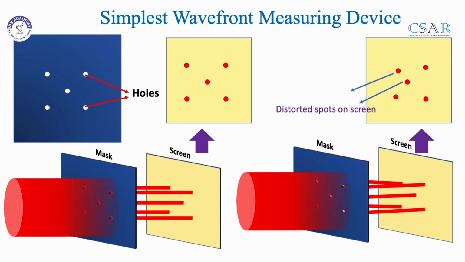And if the wavefront is distorted, the spots on the screen will be distorted relative to the mask. So by this technique, we can measure the wavefront at home, but these are not very accurate, right? So researchers have worked on how to measure the wavefront better. And in the